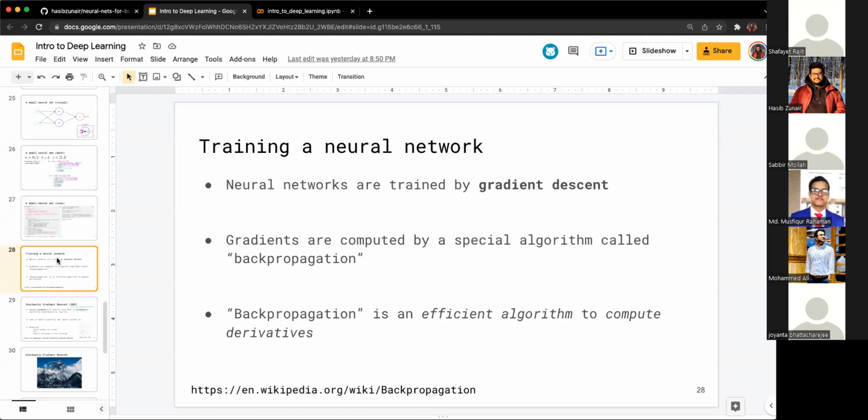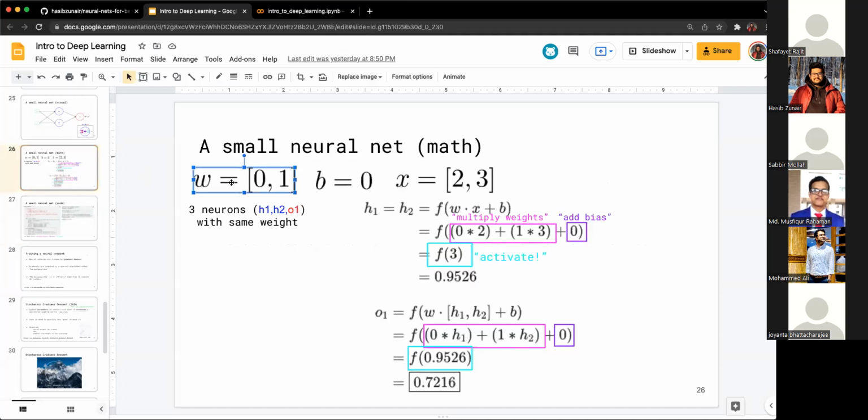Okay, so up until this point, what we saw was that we had these weights and bias, and we give it a certain input, right? So far, the weights and bias have been the same for each of the two examples, right? So in neural nets, what we want to do is adjust these weights so that it solves our certain task.